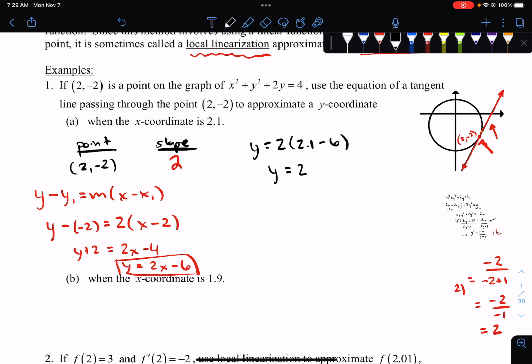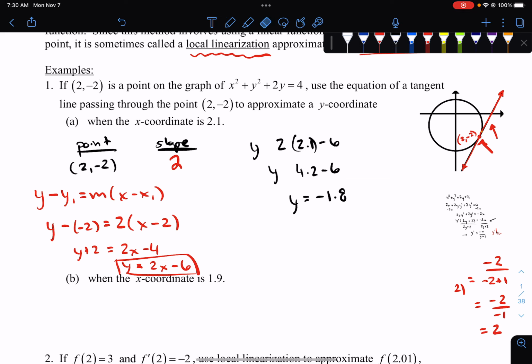2 times 2.1 minus 6. This is in parentheses. I got rid of the parentheses on purpose. 4.2 minus 6, so y equals negative 1.8. That is a lot easier than trying to plug 2.1 into the original equation and then solve a quadratic with ugly decimals, okay? So I can find my approximate,